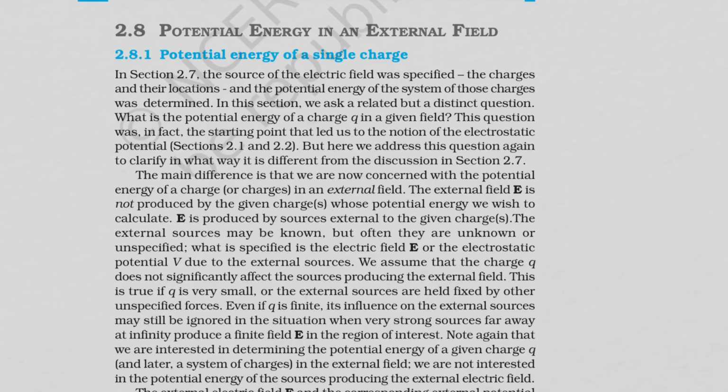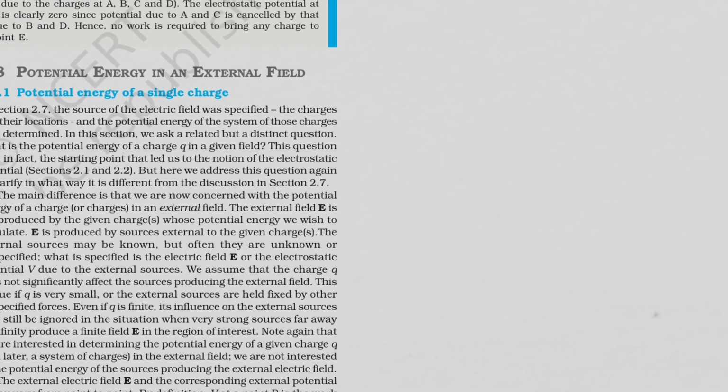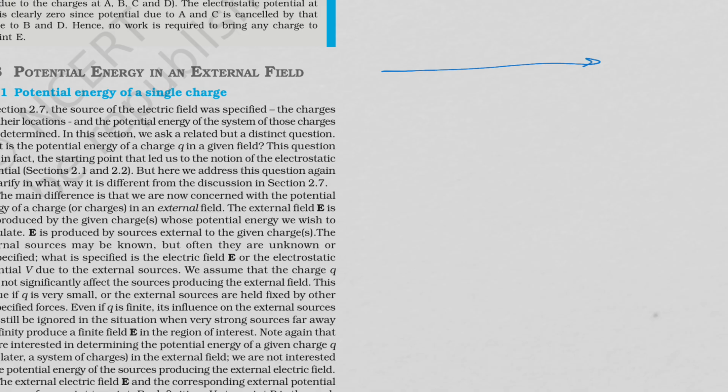Let us find out potential energy in an external field. Here we have given an electric field, that is E, in the space. We know nothing much about the source of the electric field, and we don't need to really bother about that also. So we don't know what is the source of this electric field. All we know is that in this region the electric field is E, and